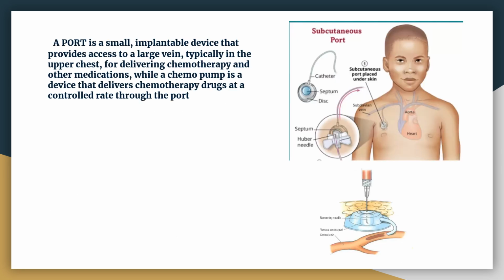So the third important concept is a pump or port. A port is a small implantable device that provides access to a large vein, typically in the upper chest, for delivering chemotherapy and therapeutic medications. While the chemo pump is a device that delivers the chemotherapy drug at a controlled rate. So if you see, this is the device and this is called a pump or port, and you will inject the medicine in this and we can control the medicine that goes into the system of the